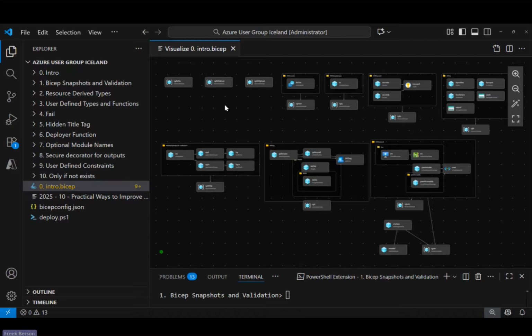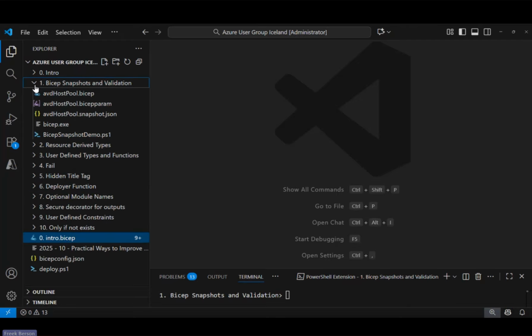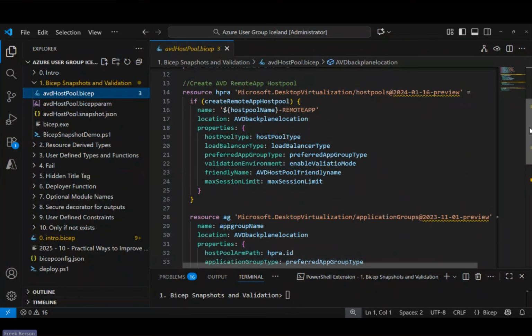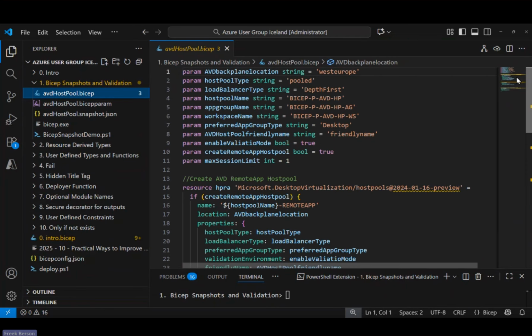So let's take a look at the things on the left-hand side that help you even further optimize these larger deployments. The first thing I want to dive into is something new, called Bicep snapshots. So how does that work? Let's assume I have a super simple Bicep example with only a couple of parameters and 3 different resources we are going to create.